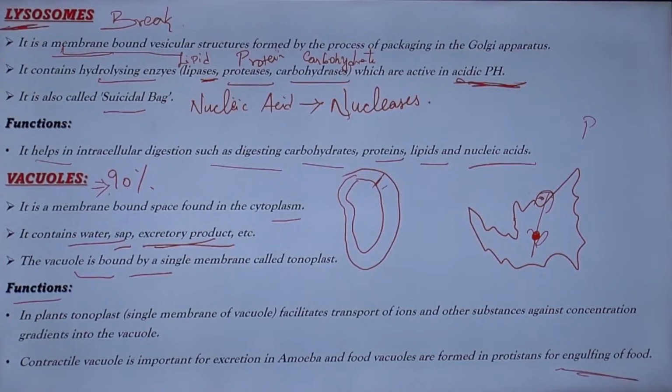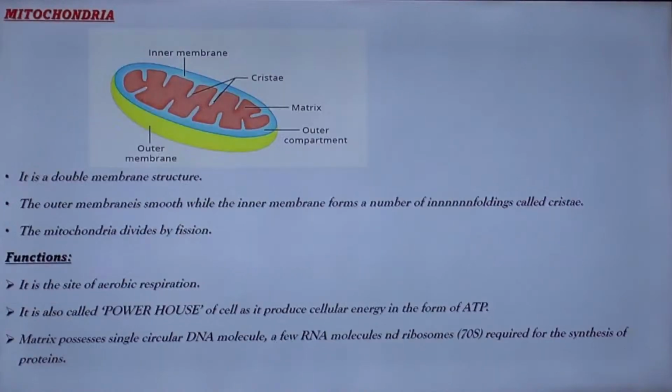OK, so we have seen what is present in vacuoles. So this is lysosomes and vacuoles. Vacuoles are single membrane bound structures. Next, mitochondria. This is the structure of mitochondria. So what have we seen about mitochondria? Unlike vacuoles, which are single membrane bound,